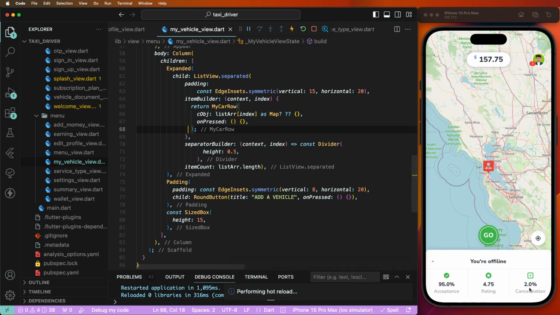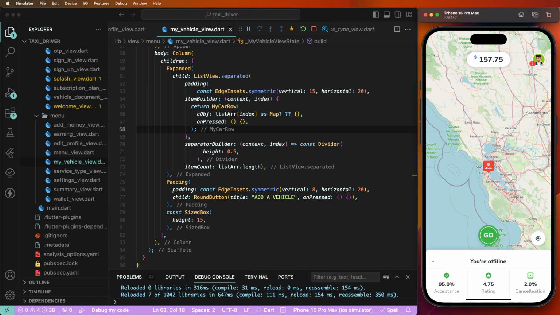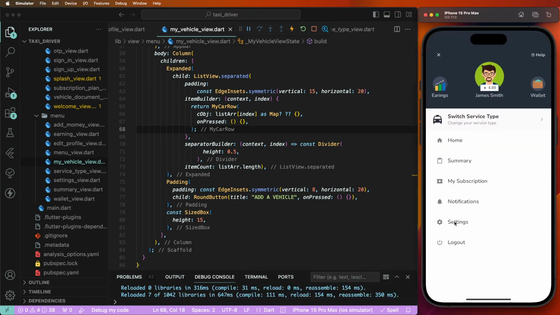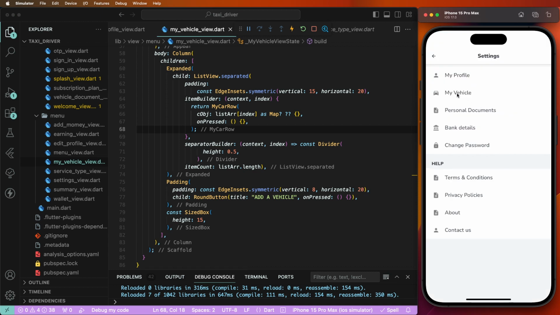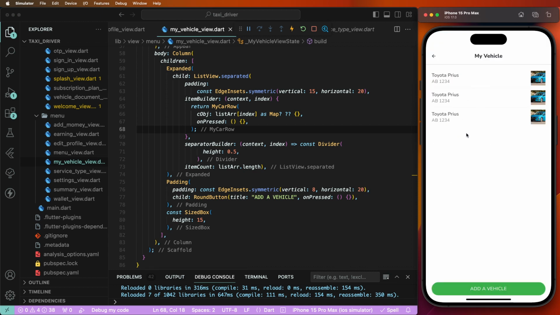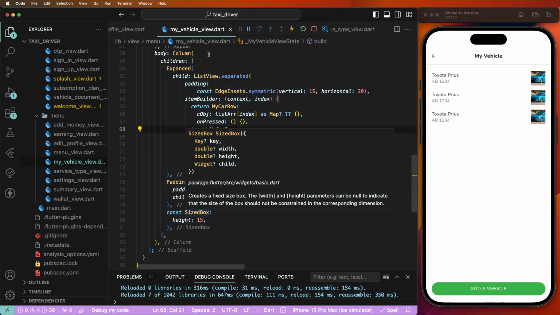Now need to save and to click on here the user profiles, open the setting menu, and then after opens here the my vehicles. Looks like this displaying here the UI and similar, but when to increase this here the height vertical paddings, I need to go inside the